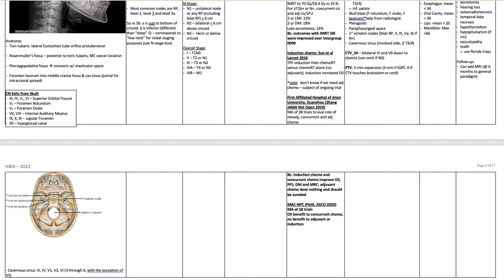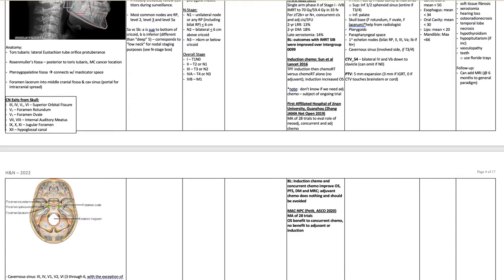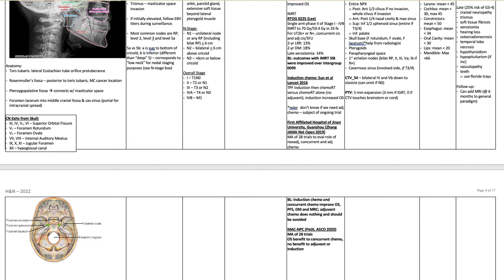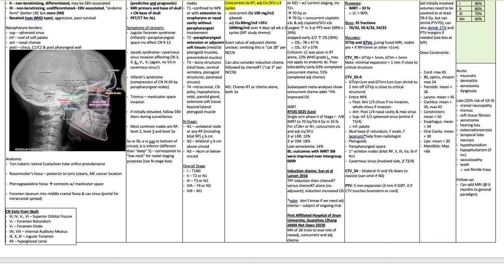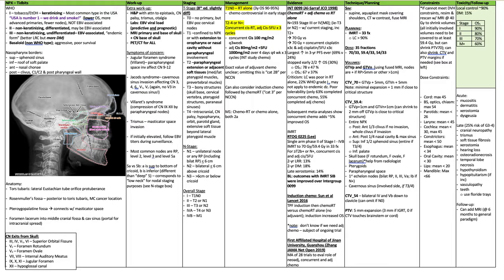The MAC-NPC meta-analysis, ASCO 2020, was a meta-analysis of 28 trials and showed no overall survival benefit to concurrent chemo, no benefit to adjuvant or induction chemo. Sorry, there was an overall survival benefit to concurrent chemo with the MAC-NPC meta-analysis, but no overall survival benefit to adjuvant or induction. In terms of technique and planning, SIM, supine, aquaplast mask covering the shoulders, CT with contrast, and